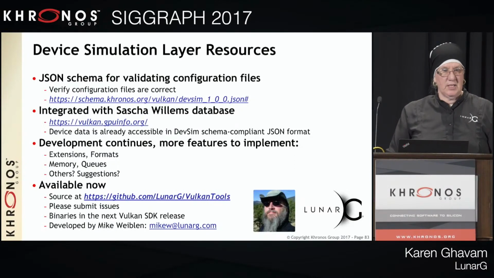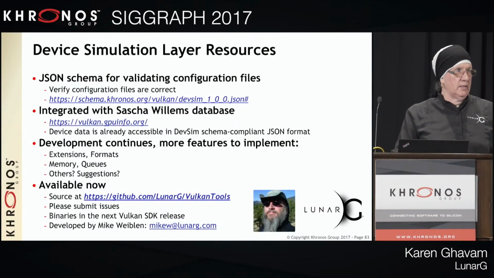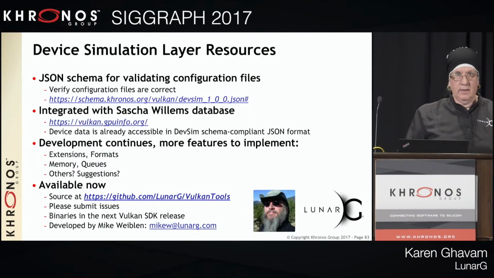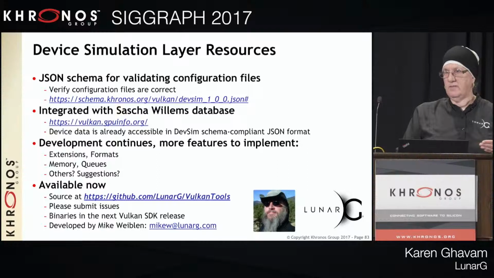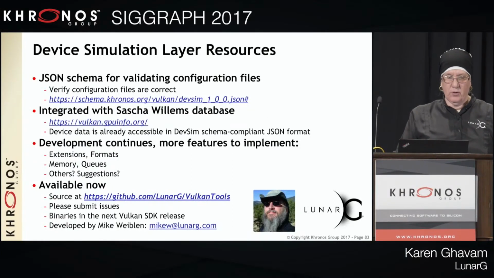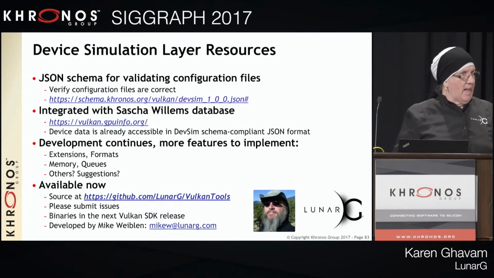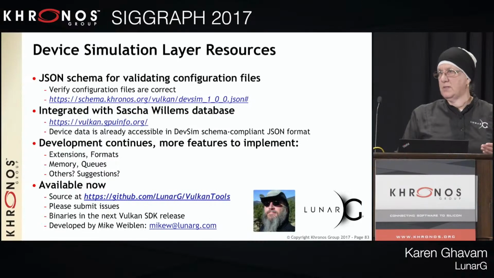It's just the very first, preliminary release. We want to start looking into adding extension support, meaning adding or removing the existence of extensions so an application can see how it will behave if an extension is or is not there, or modifying formats such as RGB formats, stencil planes, etc. We're looking at memory and queues. It gets a little more complicated there because it's not a matter of just removing some capabilities out of a larger set of capabilities. You have to figure out some mapping for types and families. So we would love it if anybody has use cases, suggestions, or input on how they could see this being useful for them during their application development.